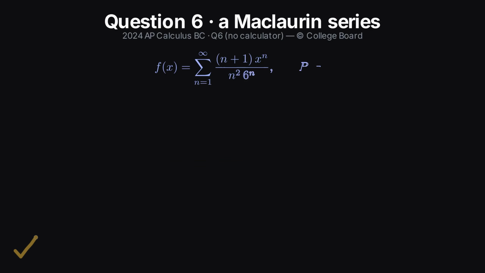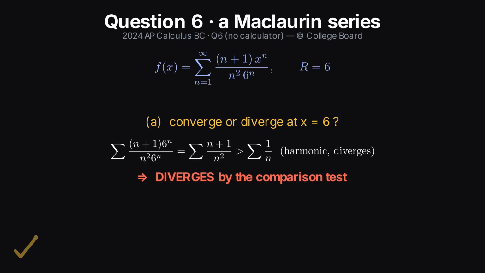Question 6. No calculator. The series question. F of x is the sum of (n plus 1) x to the n over n squared 6 to the n, with radius of convergence 6. Part A. At x equals 6 the powers of 6 cancel, leaving the sum of (n plus 1) over n squared. That's bigger than 1 over n, and the harmonic series diverges, so by comparison the series diverges at x